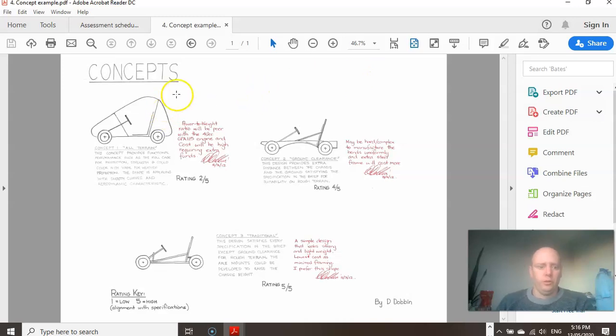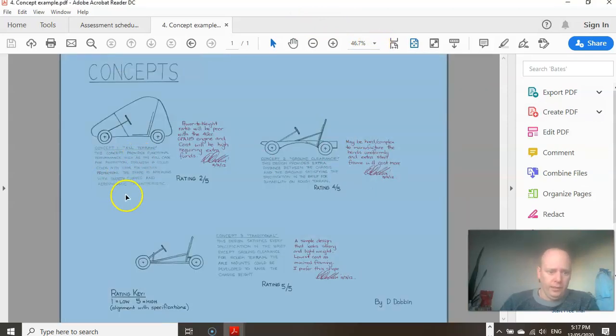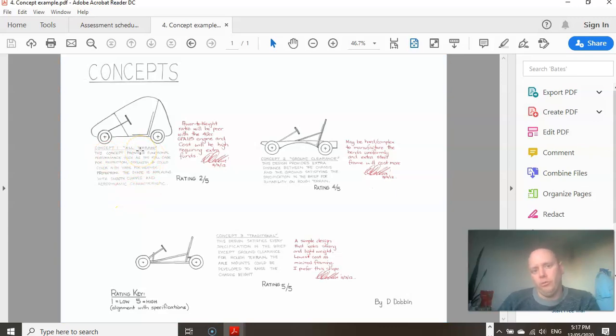So what you should really do is get whoever's in charge of the frame to draw some rough frame designs like this one here, and then you could add in some steering detail on this page as well, or you could add in some suspension detail on this page too. That way you can get everybody's contribution on the single page. So if we zoom in on this area here, he does say for concept 1, if you just did a simple PIN analysis of your own concept, a positive, an interesting, and a negative statement, you remember that from the last assessment,